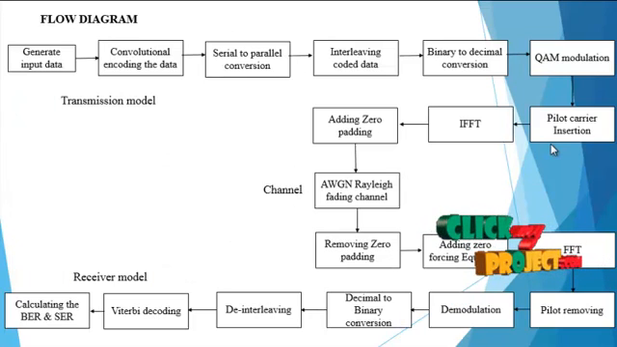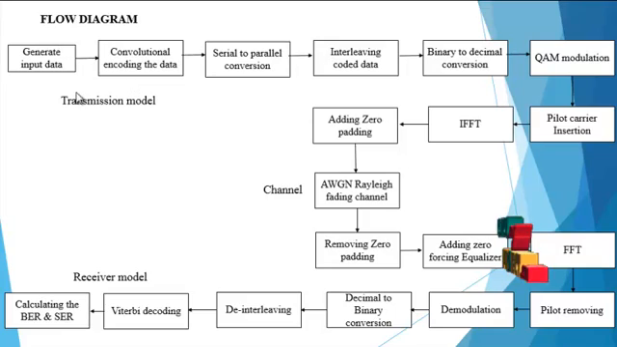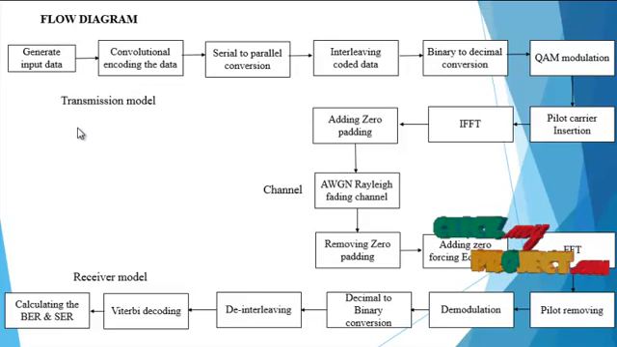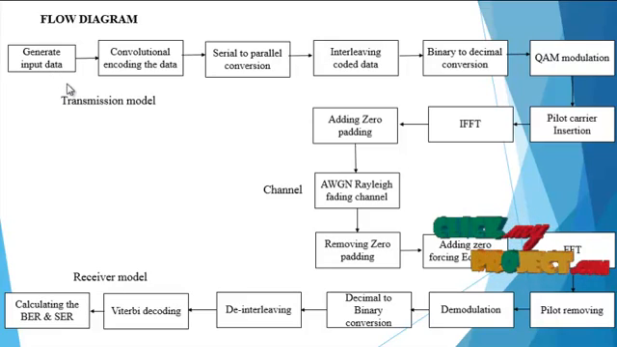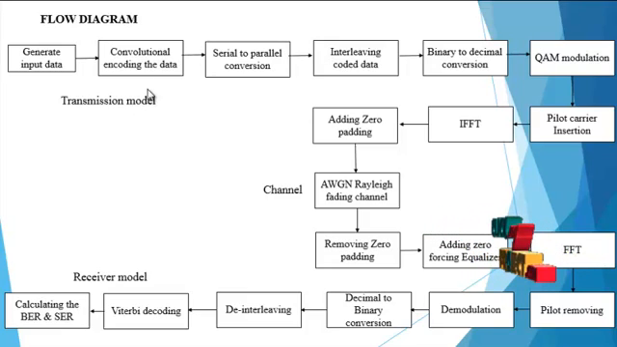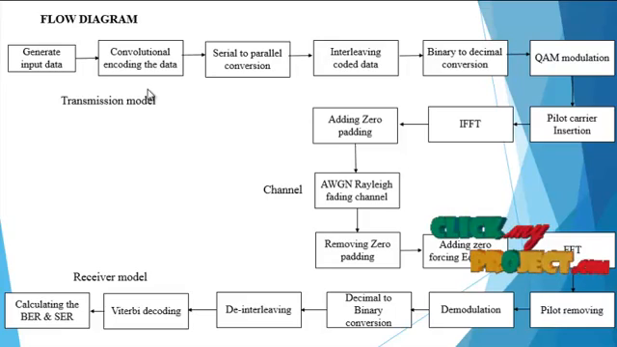Now let us discuss the flow diagram of the process. First of all, generate the input data, which is randomly generated. This is the transmission model, then the channel, and then the receiver model. In the transmitter model, generate the input data randomly, and then encode the input data using convolutional encoding, and then